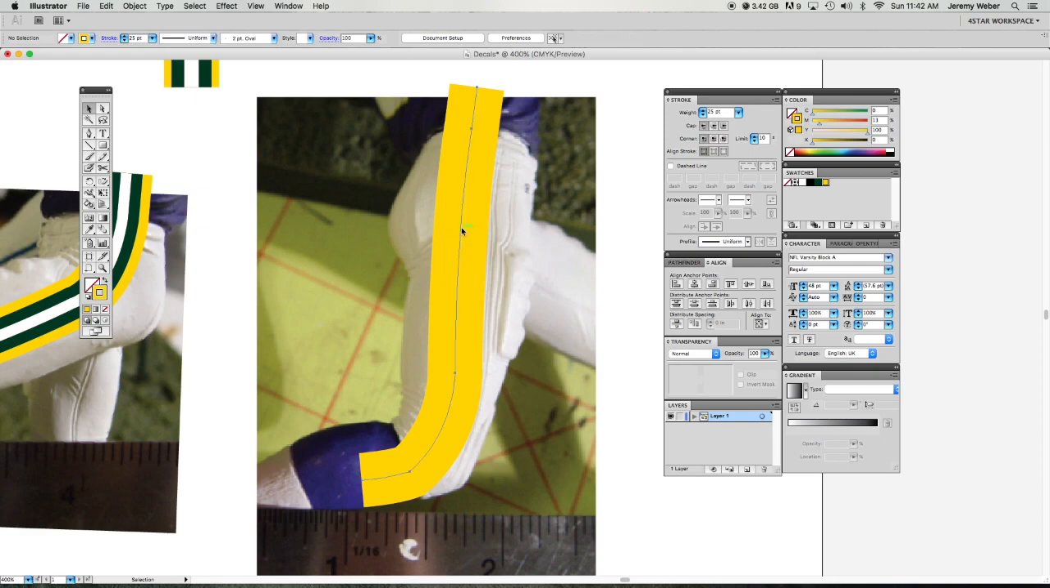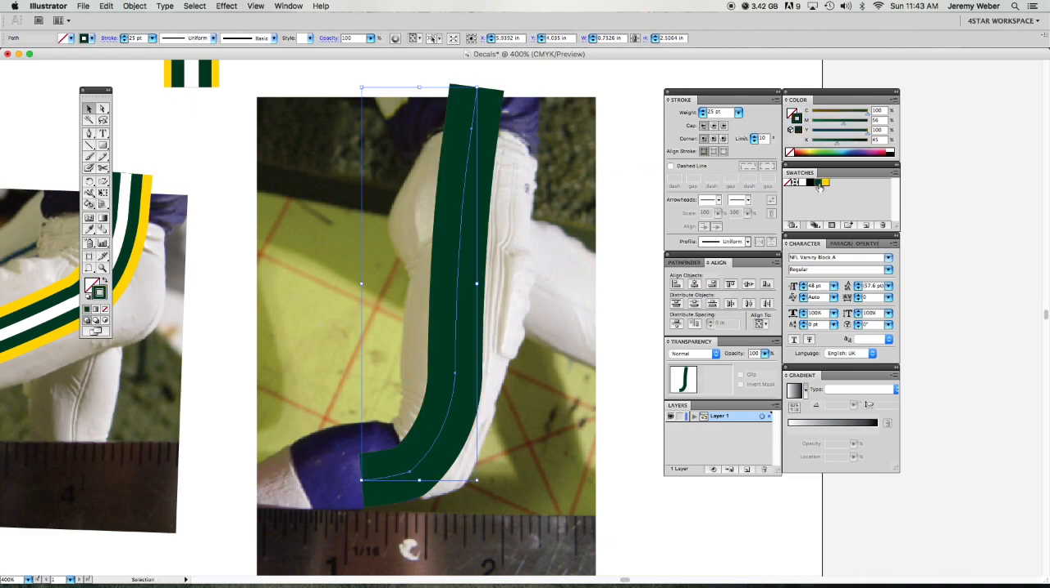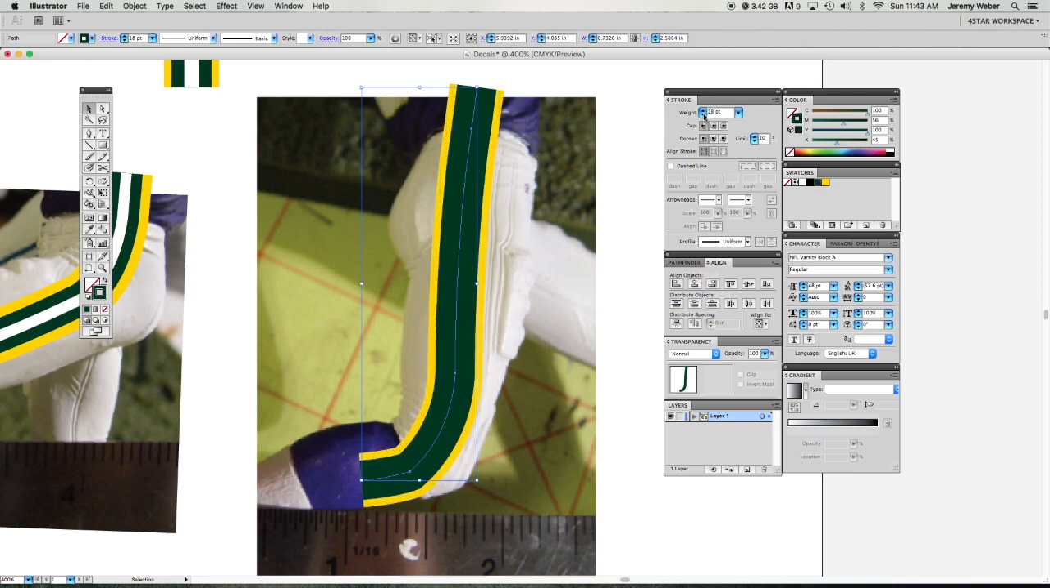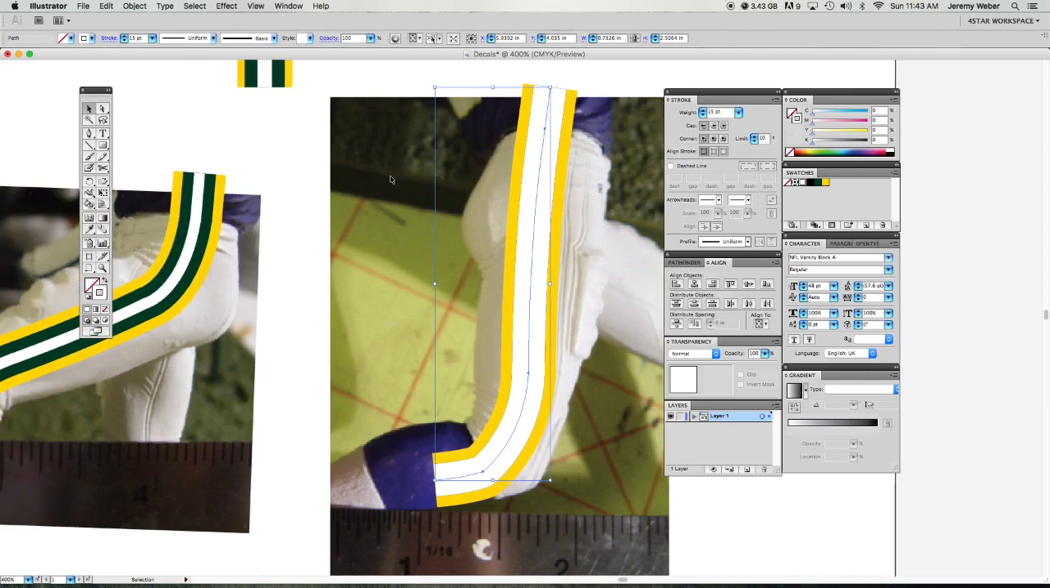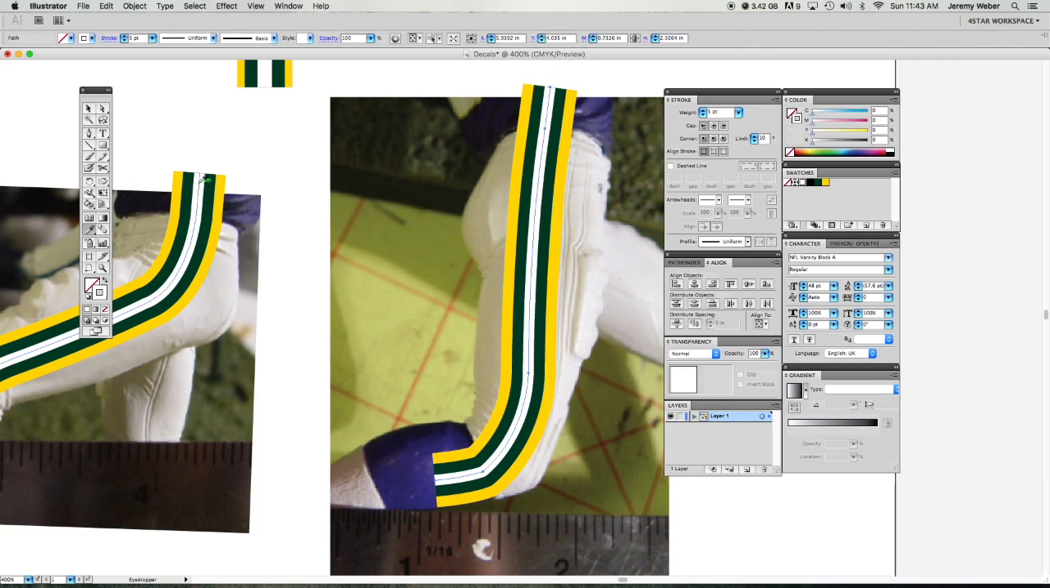Grab my selection tool, select my pant stripe. I'm going to do a copy, paste in place, change that one to green. This one was 15, so we'll drop this down to 15. Good. Do one more copy, paste in place, change that to white. And now I want to make sure it's the same width as this stripe here. I can also grab the eyedropper tool, and with this white stripe selected, click on this white stripe. And not only does it pick up the color, it picks up the stroke width too,